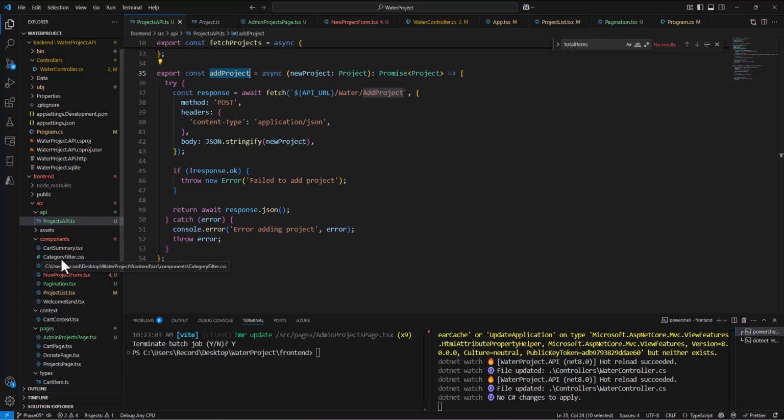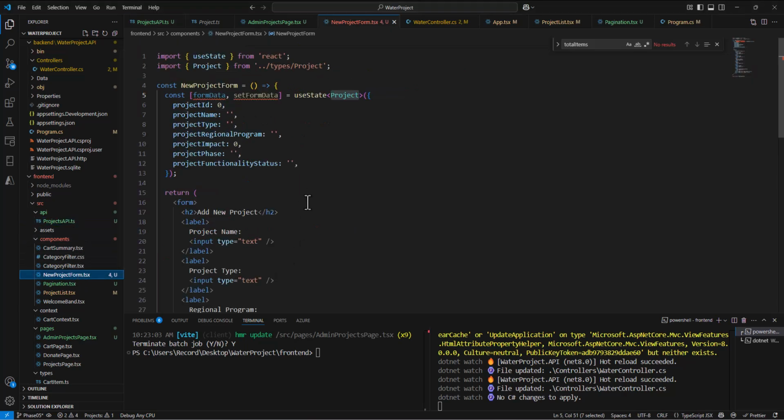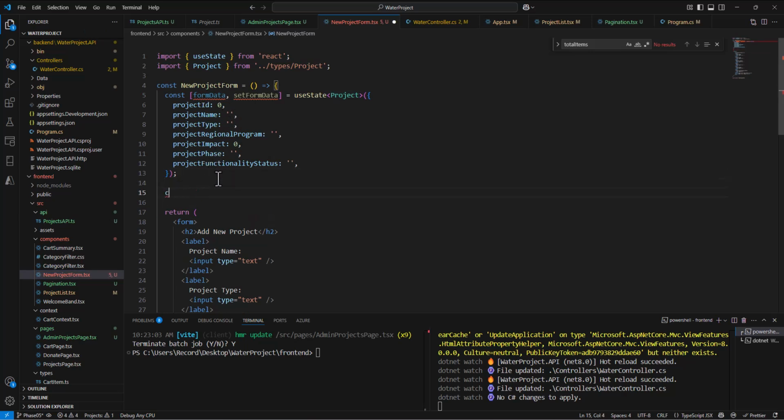If I go back to the new project form, then we can build in here a couple methods to take care of this. So below here, before we return, I'm going to create another const. And this is just going to be to handle any change that's made. So handle change equals,